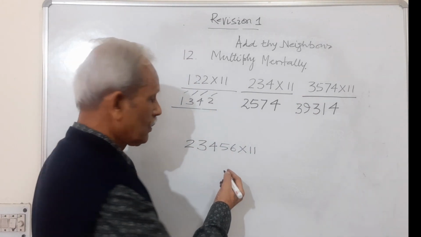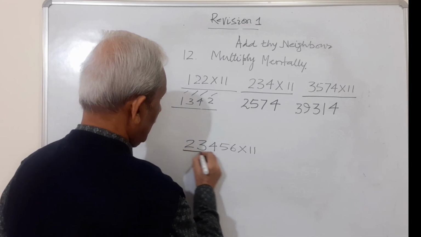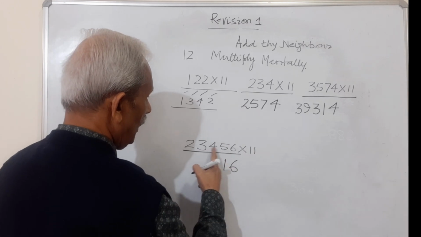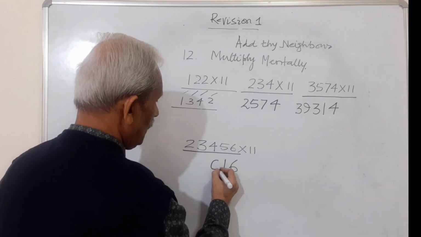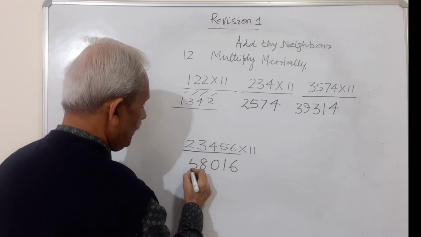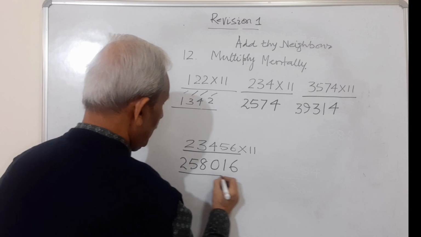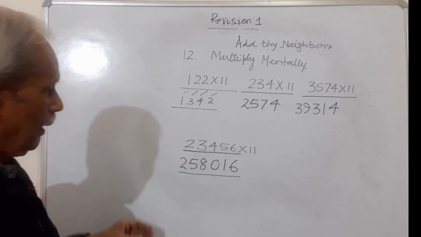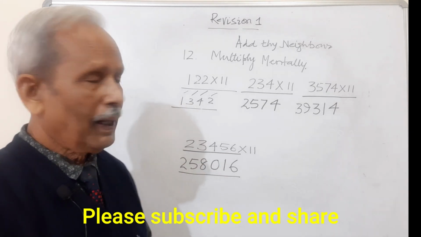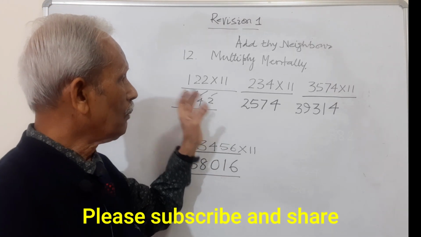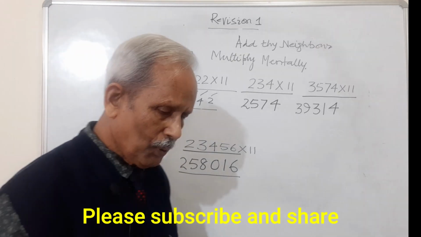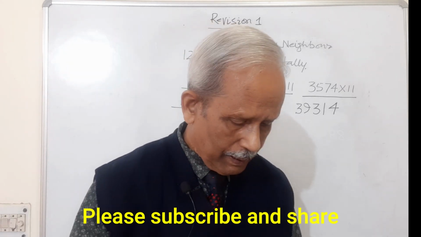Here, this question: 6 plus 0 is 6, 6 plus 5 is 11, put here 1, 1 carry, 5 plus 4, 9 plus 1, 10, 0 here, 1 carry, 4 plus 3, 7 plus 1, 8, 3 plus 2, 5, 0 plus 2, 2. So 2, 5, 8, 0, 1, 6. I think you have followed it. This is a very easy, very quick and very interesting method of multiplying with 11. You can do it in the blink of an eye, right? That's very nice. So today you have done 12 questions